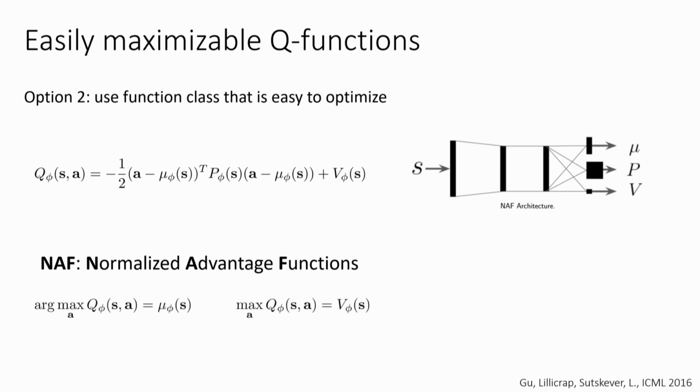It's pretty simple. Your argmax is just mu. Your max is just V. There's no change to the algorithm. You don't have to implement any fancy optimization. It's just as efficient as Q-learning, but it has a pretty substantial downside, which is that your Q function now has to be quadratic in the action, so you lose some representational power. If your actual real Q function is highly non-quadratic in the action, then this thing might not do very well. But if you have a system that has relatively simple actions but complex states, this can be a very convenient way to do Q-learning with continuous actions.